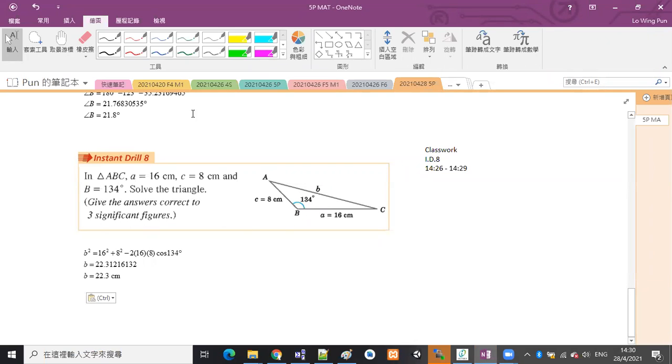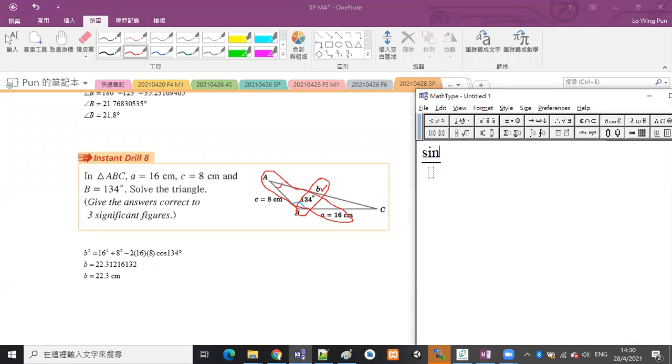And then when we have found this length B, now we have one pair of known corresponding length and angle. Okay, and we can use the sine formula to find the angle A or find angle C first. Both are okay. I want to find angle A first. So sine angle A over 16 is equal to sine 134 degrees over